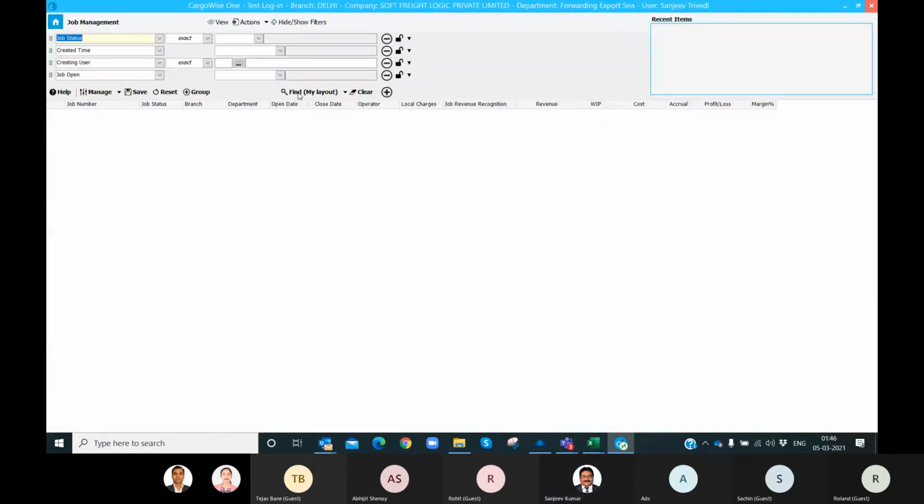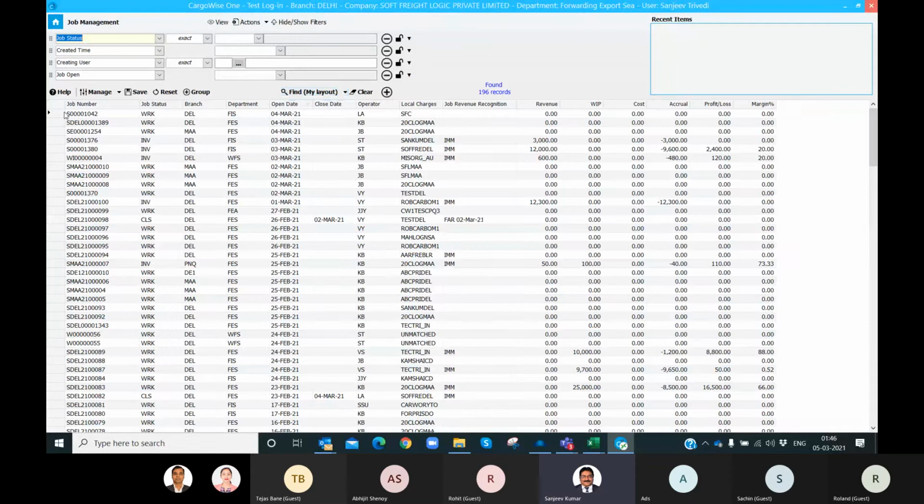Let us take this example where under accrual 3000 is there. Now go to view, and then go to open operational detail at the bottom.